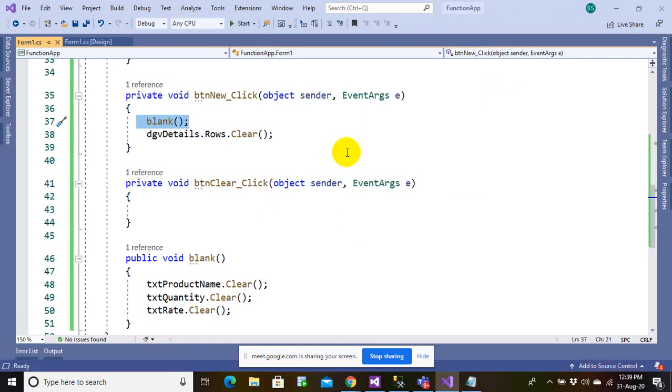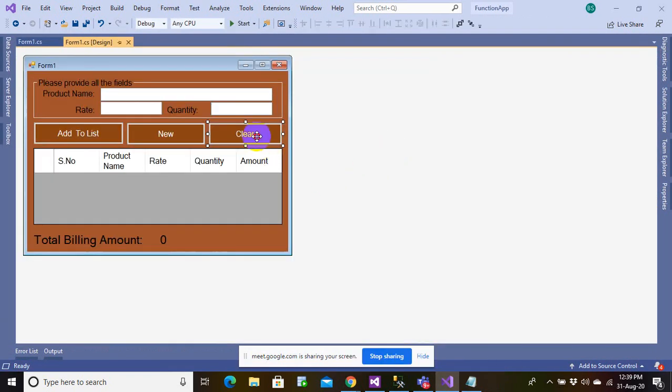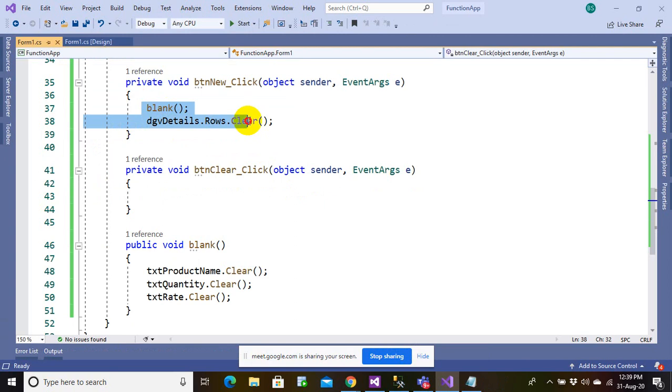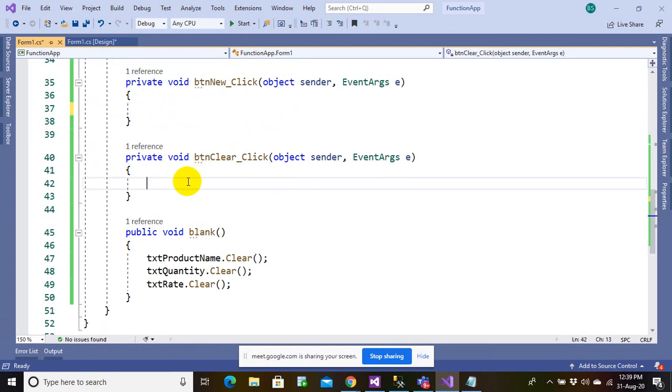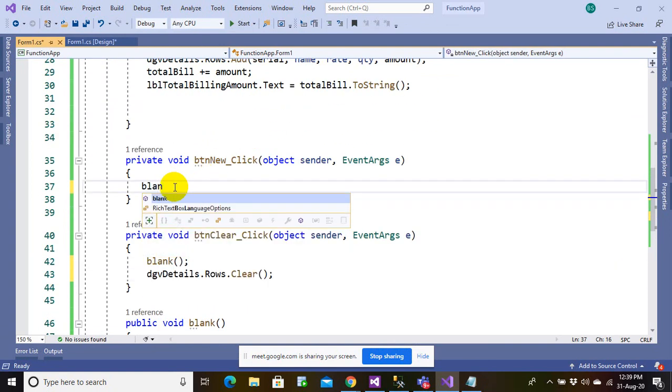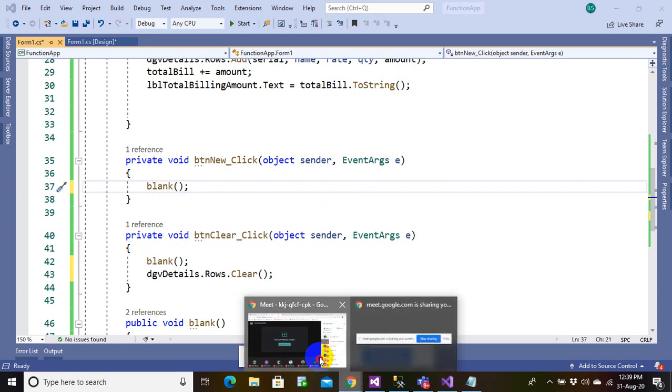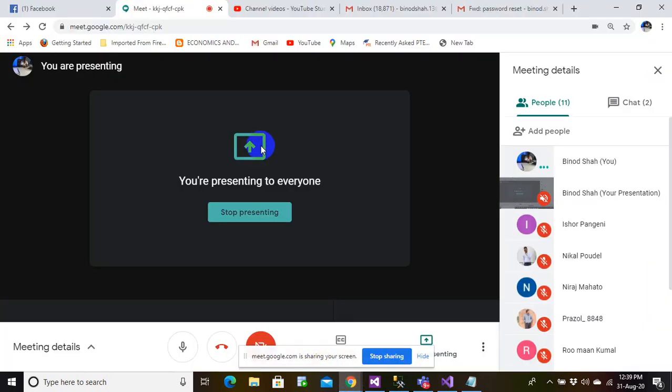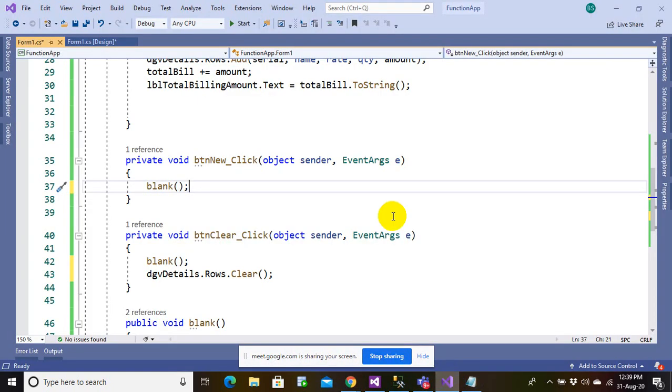So there is a problem here. Let me click on this button. Let me cut it here. Let's run this.